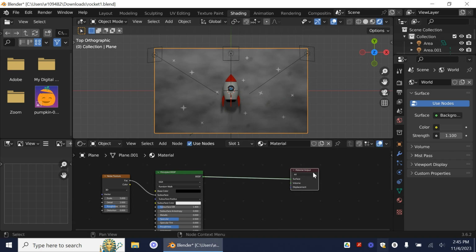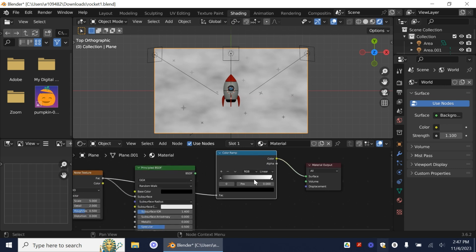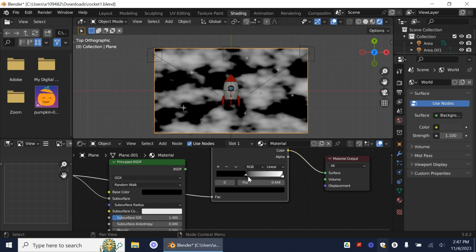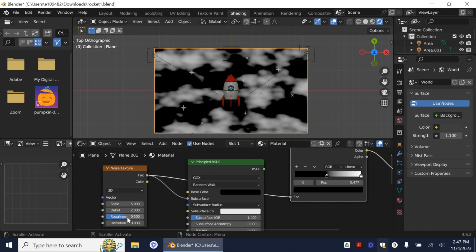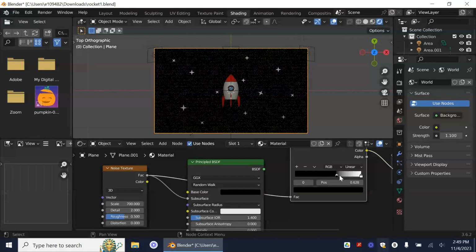Okay, so I'm going to move this over, and I'm going to again do Shift A and search color ramp. Okay, so now I'm going to take this and drag it over here to my noise texture, and then I'll zoom in here so you can see we're going to drag this inward so that we can see more of the black. What we're going to do is come over to the scale. We're going to increase that to about 700, and then we can increase this to make this look a little more starry in the background. I know we have our big stars here, but